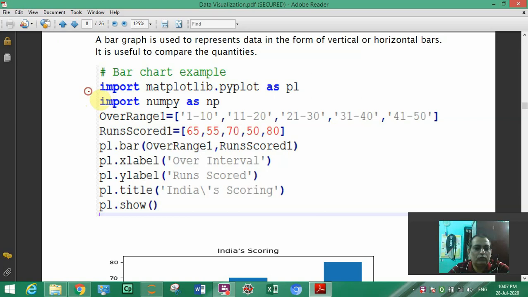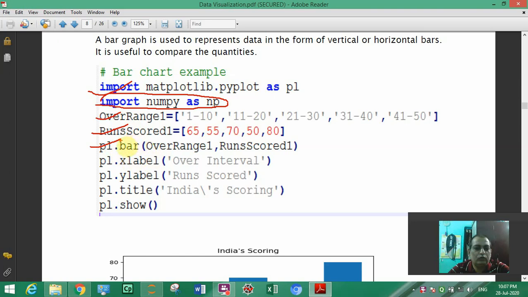We have to take this statement, import matplotlib pyplot, and numpy I will not use, I will show you a simple graph. I will take one constant data for x axis and a variable data for y axis. Then we will use plt.bar.